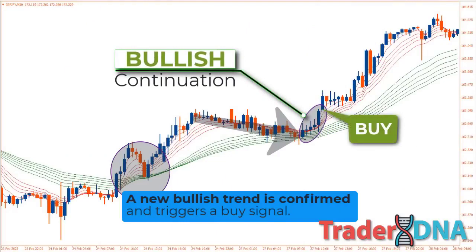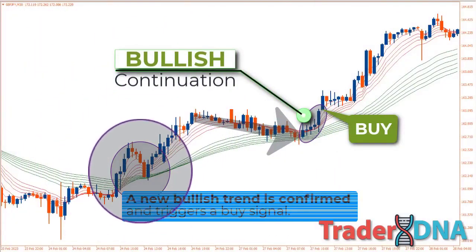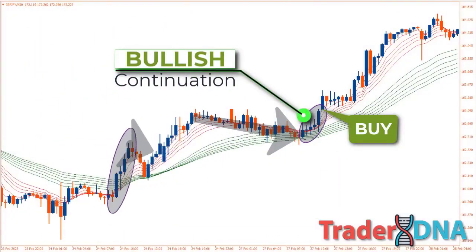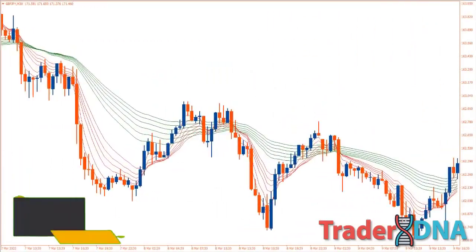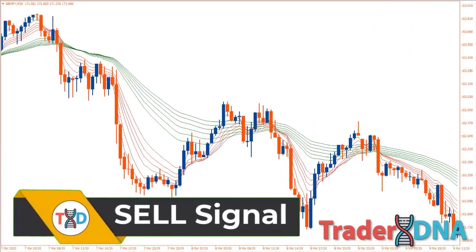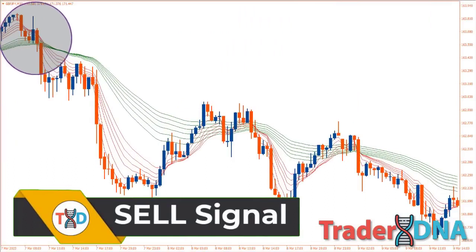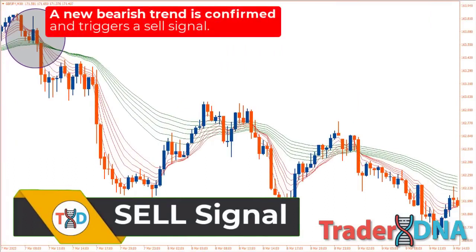a buy signal. Also, after a crossover, if prices fall back and then bounce off from the longer-term EMAs, this signals a continuation of the bullish trend, and triggers a buy signal. Sell signals. When all short-term EMAs cross below all the long-term EMAs, this indicates a new bearish trend and triggers